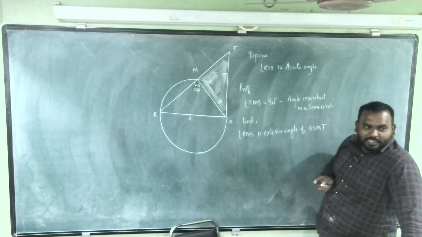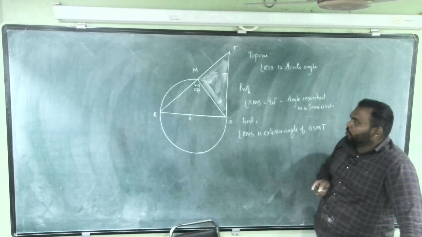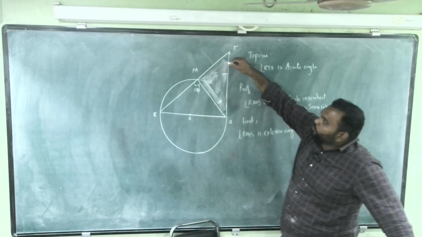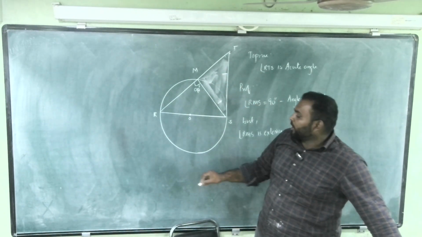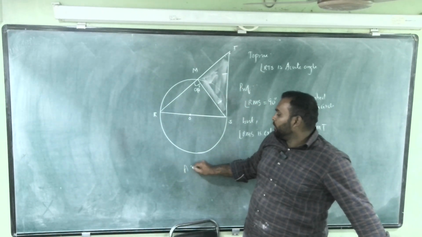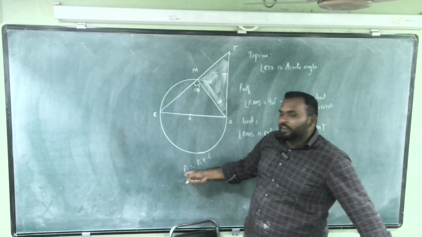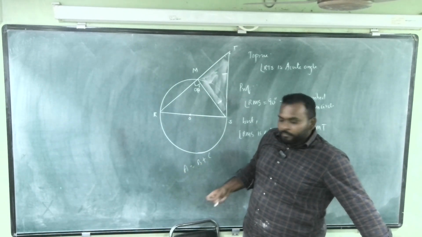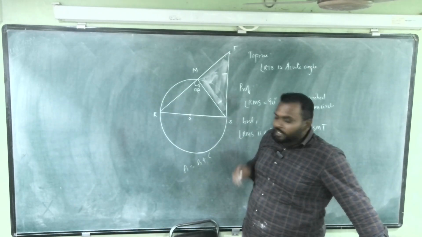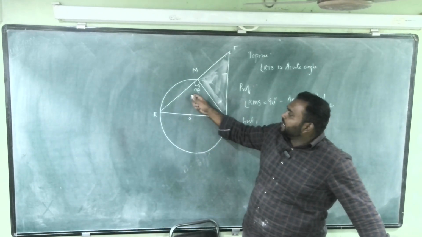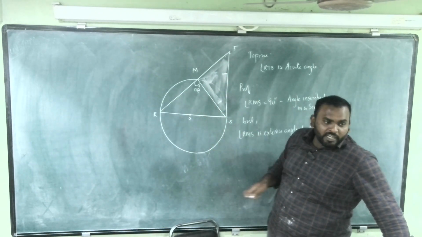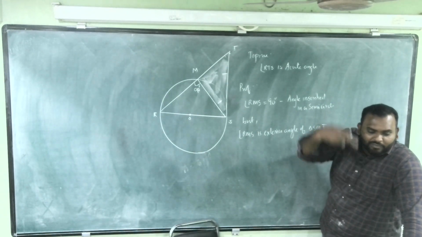Why is the exterior angle greater than the remote interior angle? You all know that the exterior angle is equal to the sum of the remote interior angles. For example, I take A equals B plus C. That means A will obviously be greater than B and A will be greater than C as well. In the same way, if the exterior angle is equal to the sum of the remote interior angles, the exterior angle is always greater than the